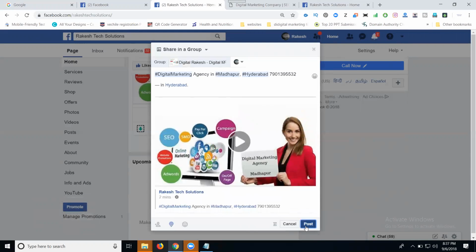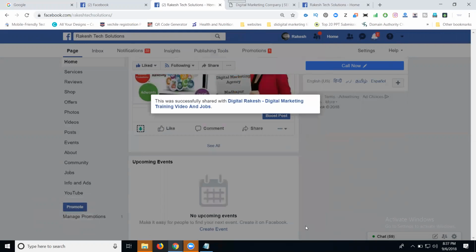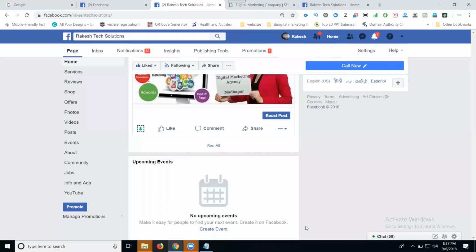Click post. This is how you upload a video on your Facebook page. You promote it by sharing from your Facebook page to pages, to groups, to friends' timelines and other friends' timelines, and you can share to your groups also. This is how to promote and upload video on your Facebook page.